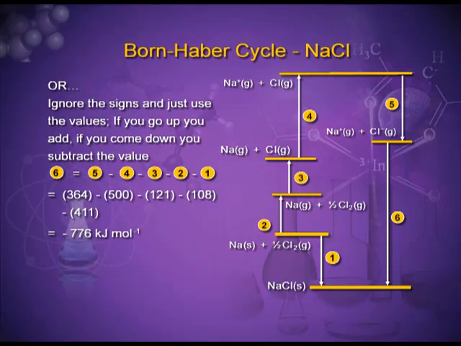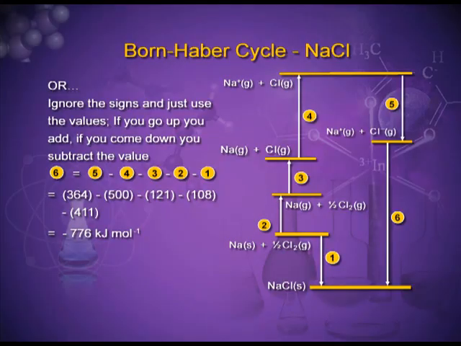Or we can ignore the signs and just use the values. Like if we are going up in the figure, these values are to be added, and when we are coming down, these values are to be subtracted. Again, by this way also, the lattice enthalpy of formation of sodium chloride comes out to be minus 776 kilojoules per mole. In the same way, we can calculate the lattice enthalpy of magnesium chloride by using the series of